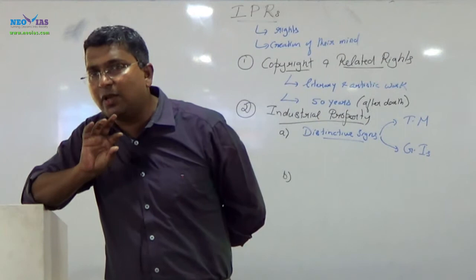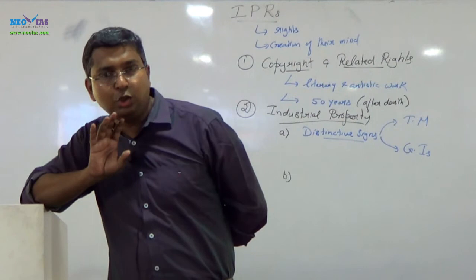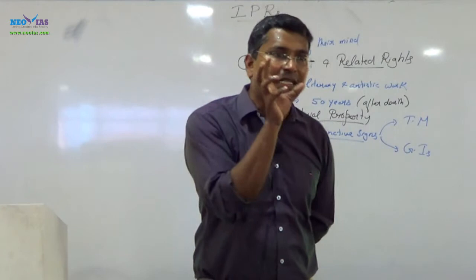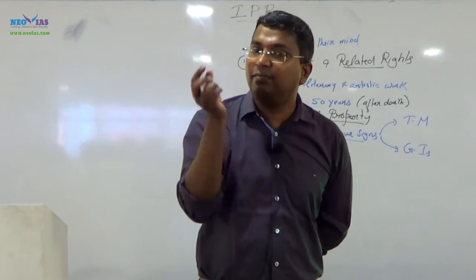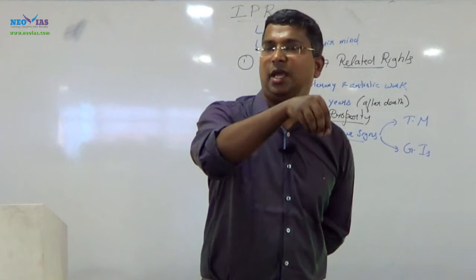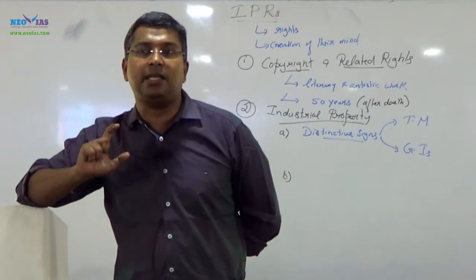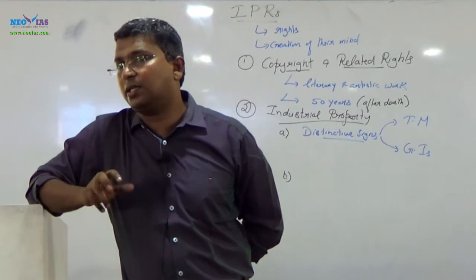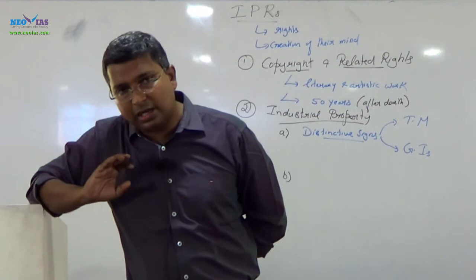For a certain product, a distinctive sign will be given, and that distinctive sign is to show that this product has certain features, a certain taste in the case of a food product. This feature is mainly because it was produced in that geographical region. Darjeeling tea has a separate taste, unlike other tea. Why? Because of the geographical region of Darjeeling. So be very clear, certain agricultural products,